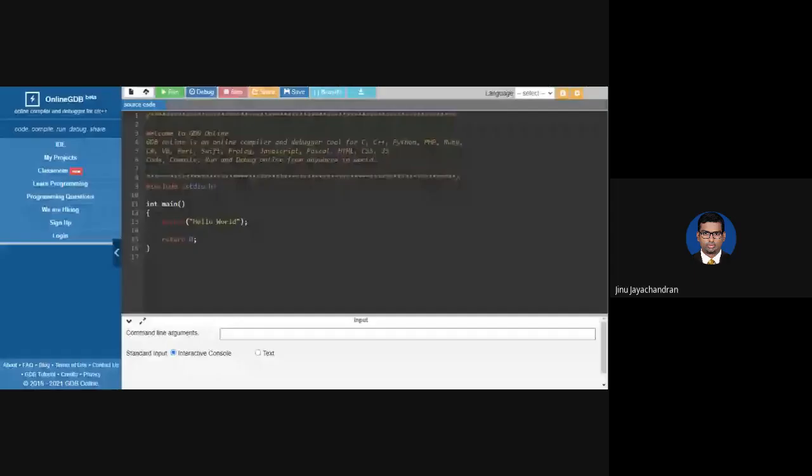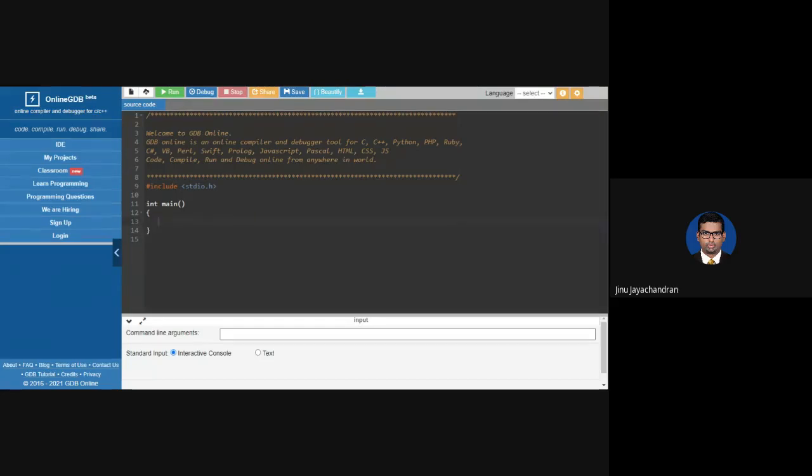Okay, I hope you can see my tab. Tab means my Chrome tab. So you see that I have a website called onlinegdb.com. Okay, so in this one, if you go inside, you see that this is a usual C++ online compiler and debugger for C++. Okay, here you can write the program.